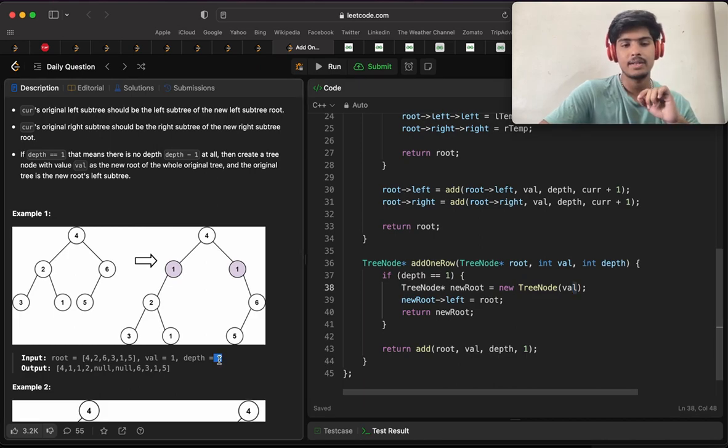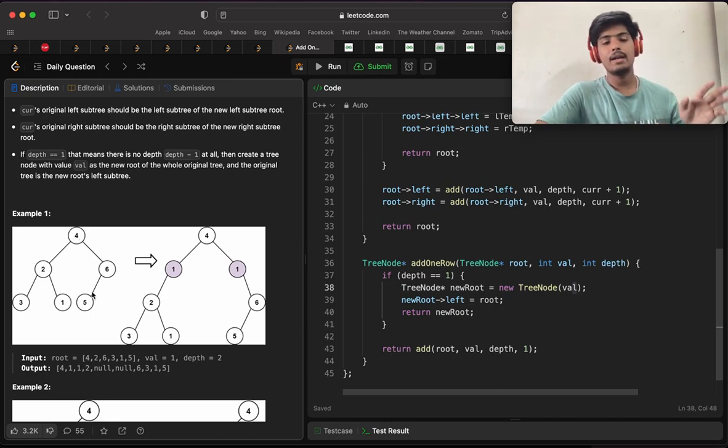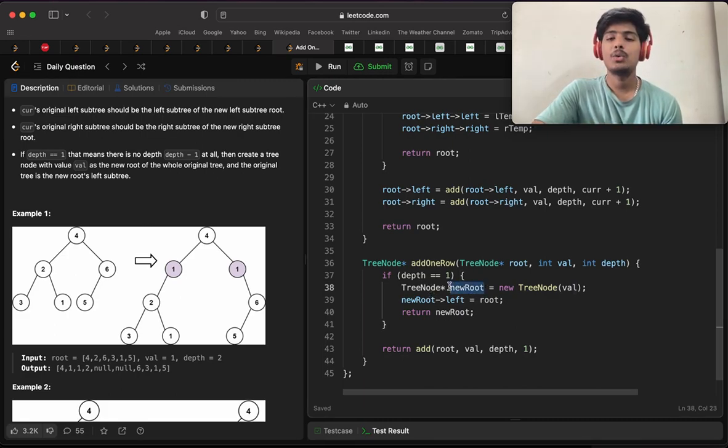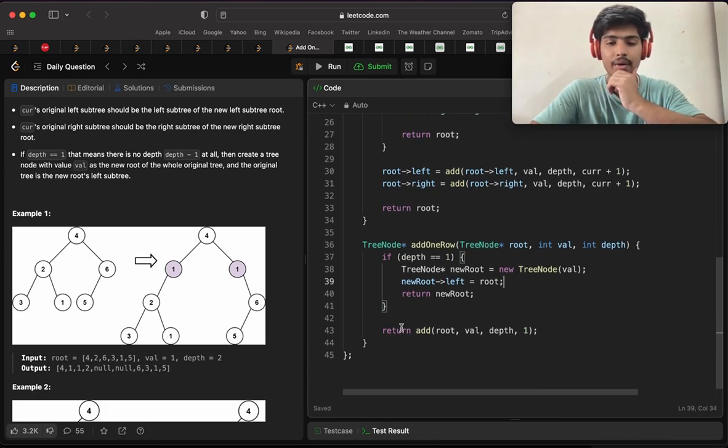Let's say depth equals 1 and value equals 1, so we remove 4, add 1, then copy the whole tree under it. So in that case we will simply create a new node, new root value, which is equal to value, and the new root's left becomes the root, and finally we return the new root. And now what we will do,